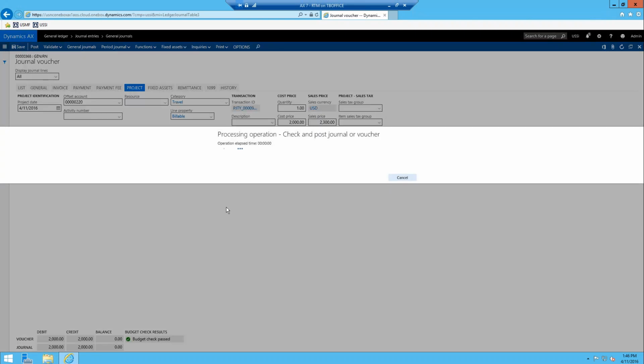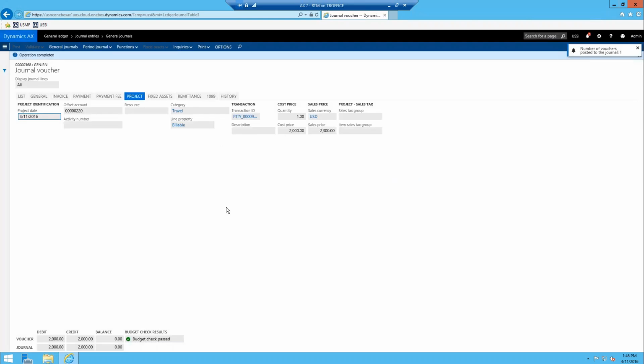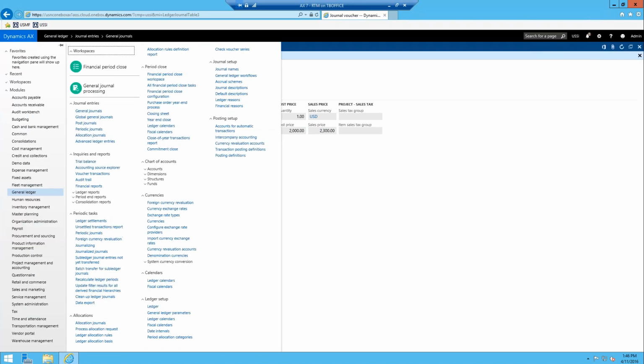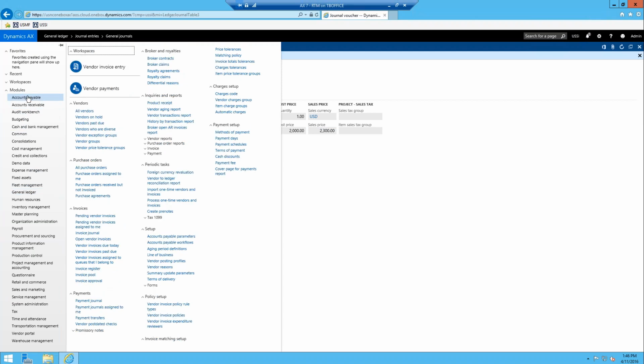And we should have a $2,000 expense booked to our project with a $2,300 sales price. And then the final way that I want to show you is logging an expense to a project through an AP invoice, not an invoice journal, an invoice. So to do that, you can be in the accounts payable module again, and there's a menu item under invoices called pending vendor invoices. You can go here,